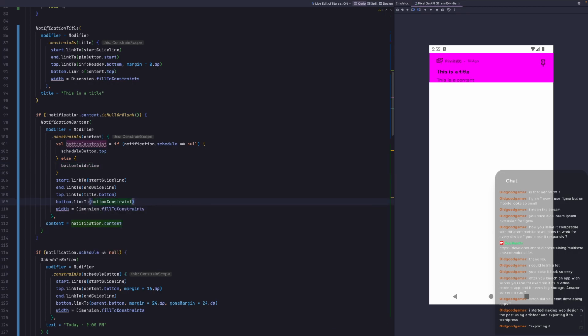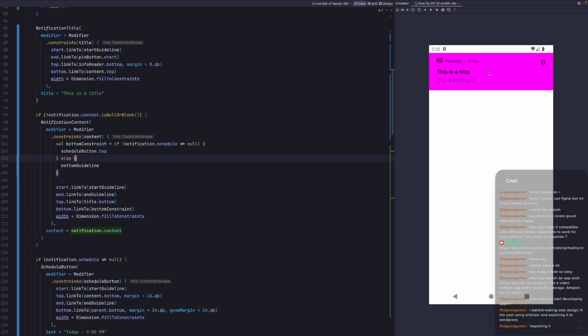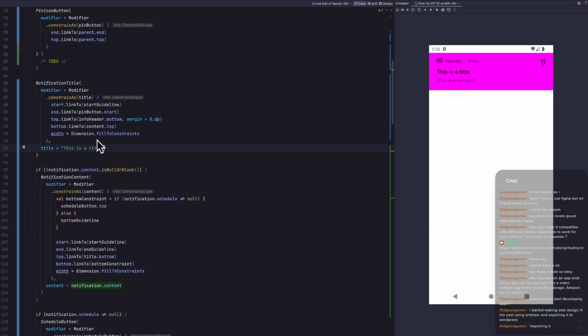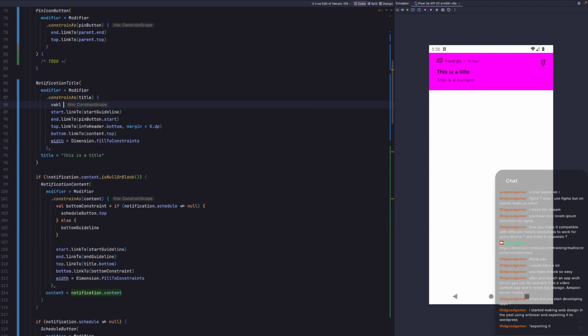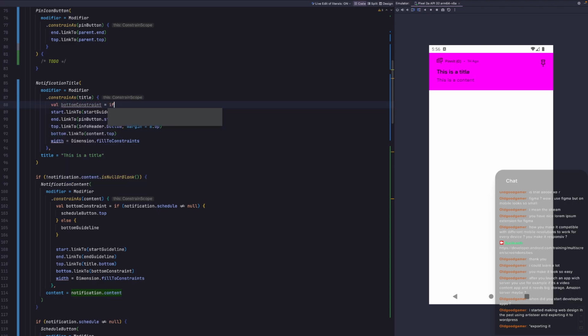So if I do this, then if there is no schedule, it should start showing 24 dp padding at the bottom. Yes, cool. I think that is working as expected. Perfect. So similarly, here also that would require a bottom constraint, and if notification dot schedule is not equal to null, oh sorry, if notification dot content